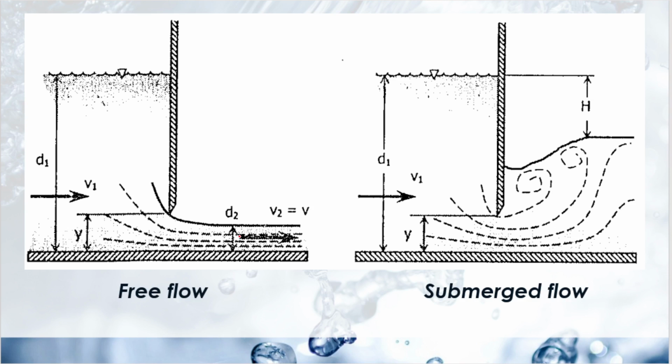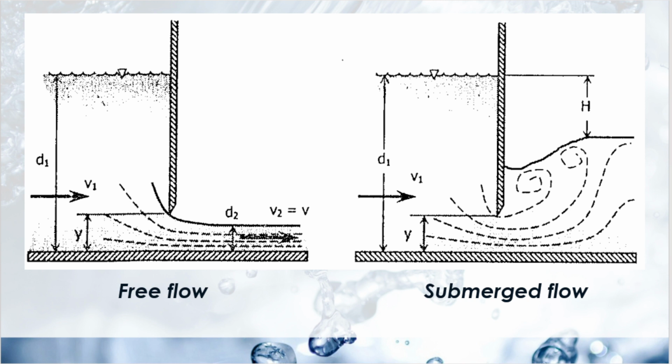That's why it's called submerged flow. The principle of the gate is the same as that of the orifice when it comes to the hydraulic properties. In using the gates, we also have to calibrate the available devices so that we could